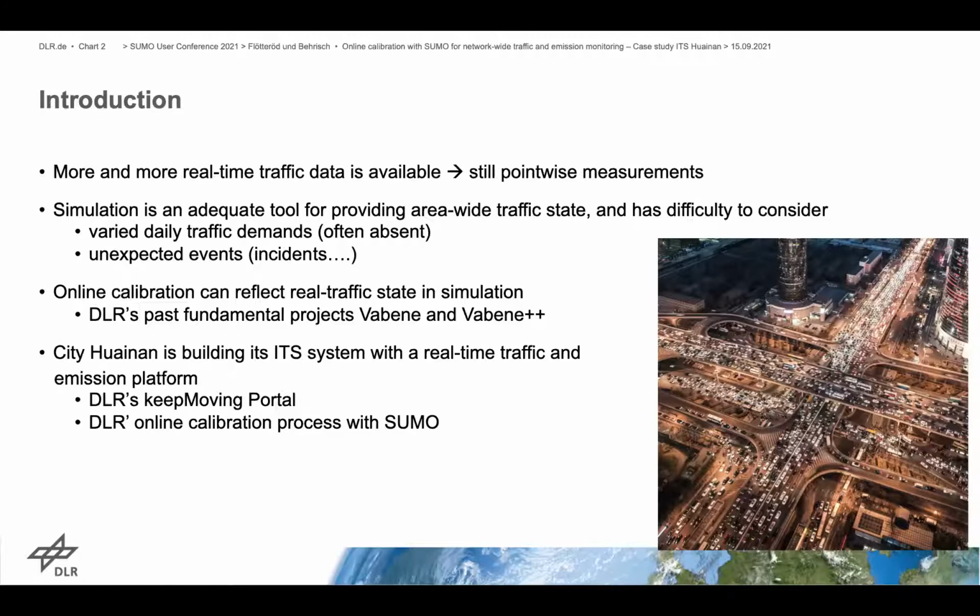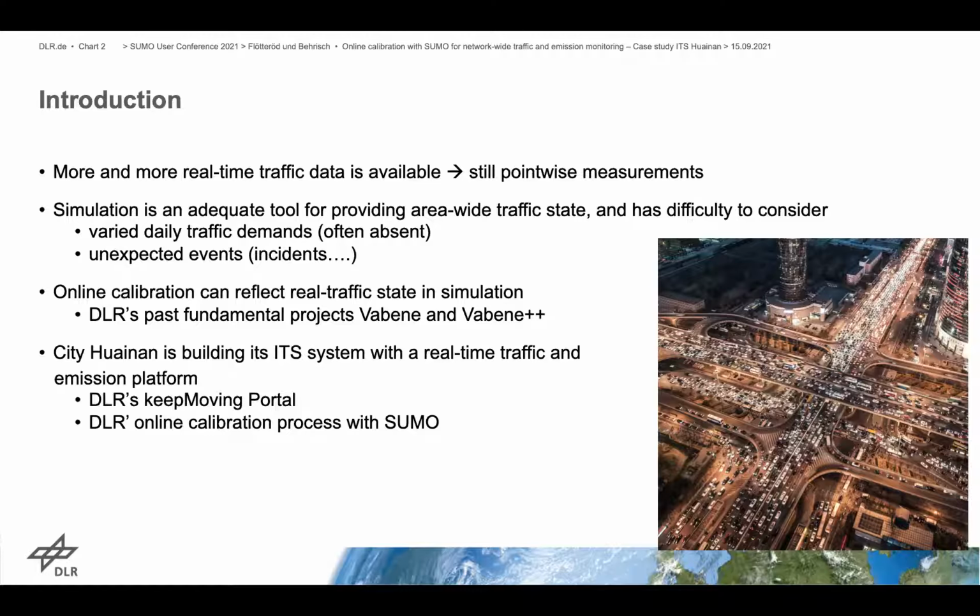There are already several online calibration tools in practice in our past fundamental projects, Verbena and Verbena++. Such an open and online calibration process was also established mainly by Michael, so we would like to use this tool for other projects.